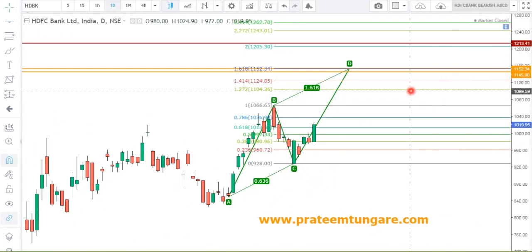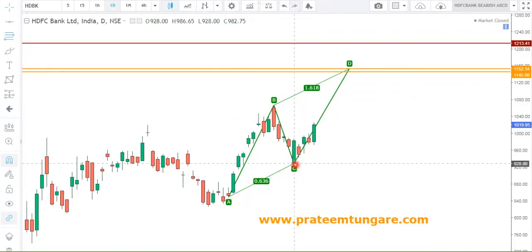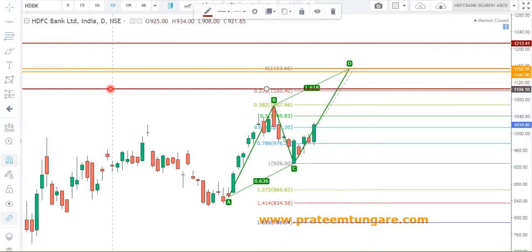I'll delete this fib retracement. Now to find out the targets, we will draw the fib retracement from C to D. We have got our targets. We will just place the horizontal lines for our target.